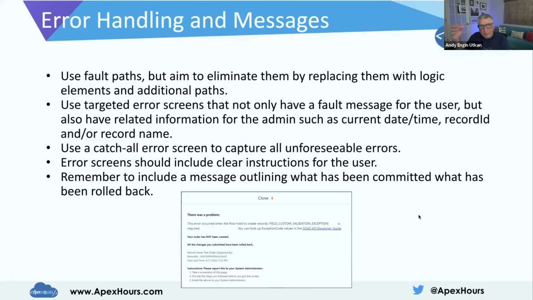Now, error handling and messages. We need to use fault paths, but aim to eliminate them by replacing them with logic elements and additional paths. What I mean by that is this. When you use a fault path in your flow, you do not eliminate an error email. The error email, the fault email, is still going to be sent out,